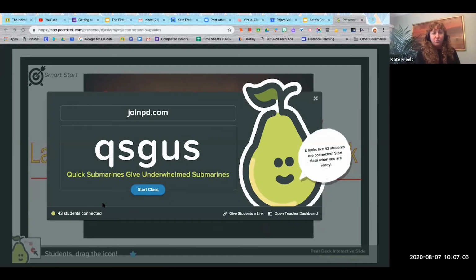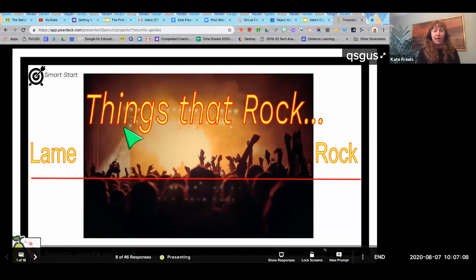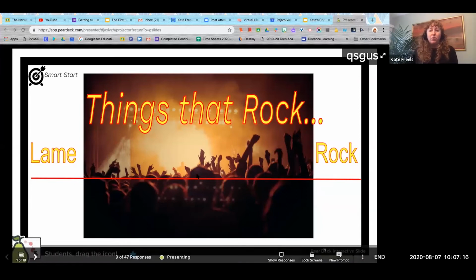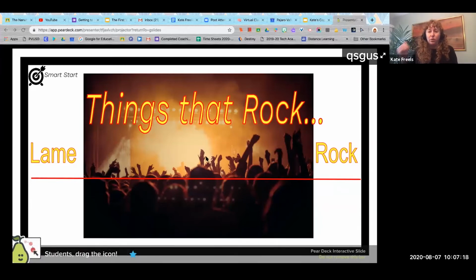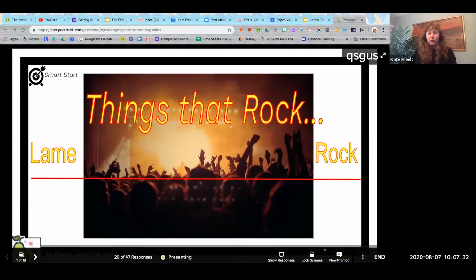So we've got 43 connected. Let's go ahead and start our Pear Deck class. This is called Things That Rock. This will help you get to know your students' preferences. What you're going to do on each slide is, on your smartphone or tablet or wherever you've joined, move a little icon somewhere on this red line in between lame and rock. You can even put things in the middle if you're feeling neutral about them. So we will go ahead on to our first item,